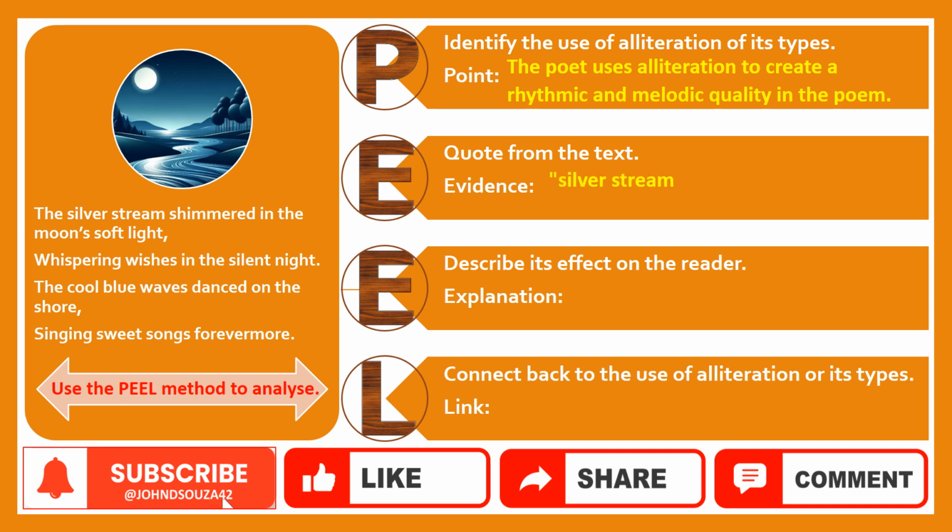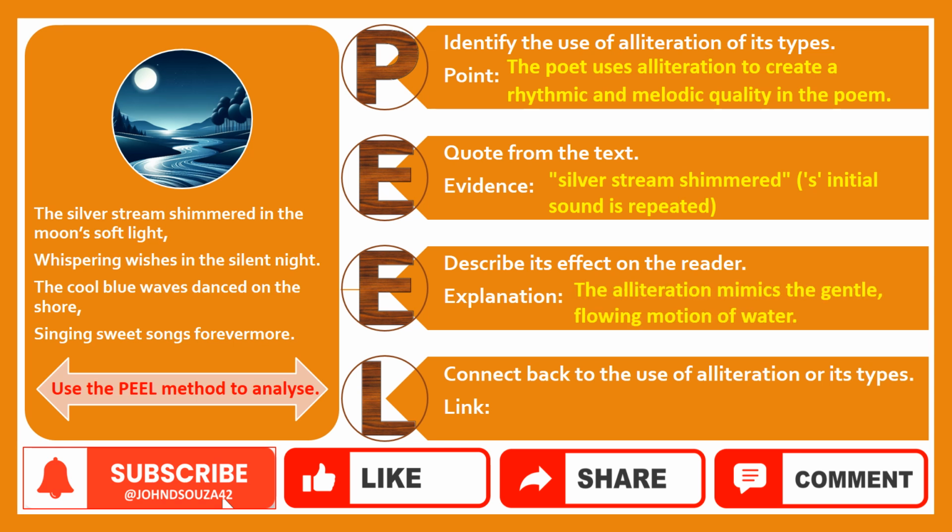Evidence: silver, stream, shimmered, the S initial sound is repeated. Explanation: the alliteration mimics the gentle flowing motion of water. Link: the repetition of soft consonant sounds mirrors the rhythmic lull of the waves. To conclude,